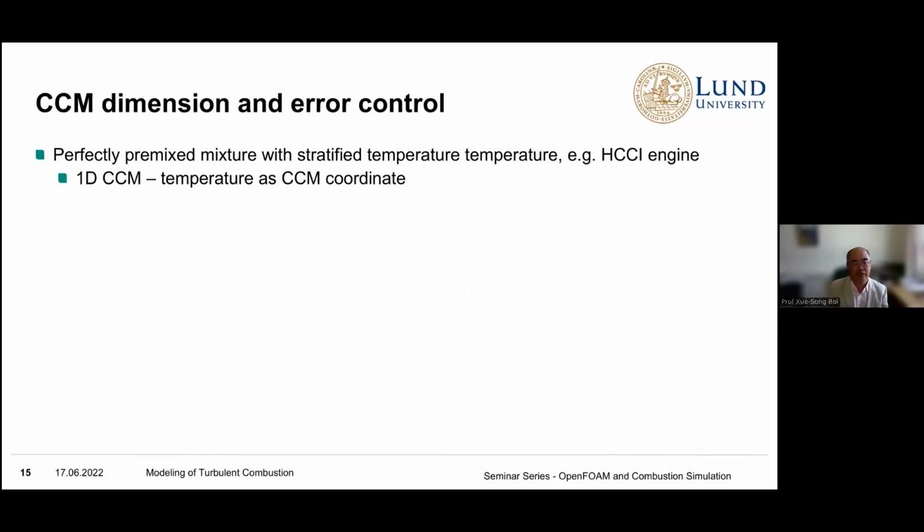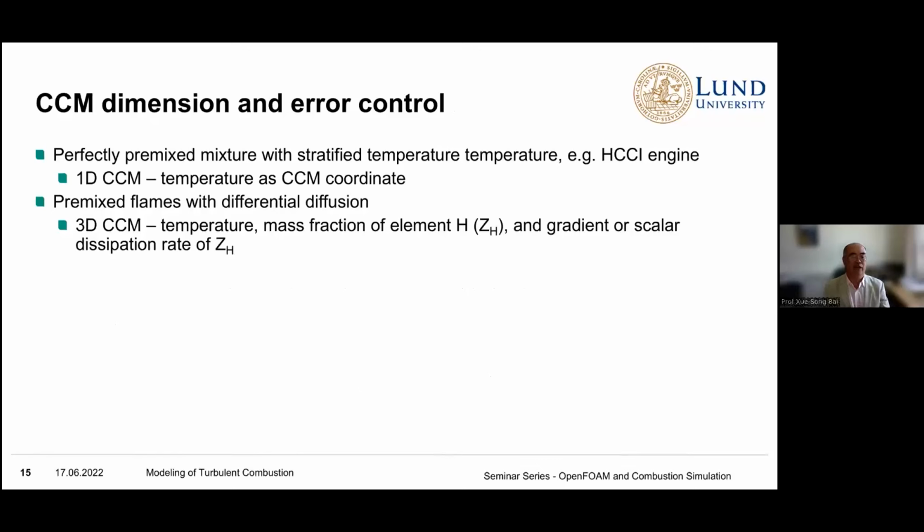So the question is, how do we decide the CCM coordinate dimension? And how do we control error? So CCM is not an automatic mathematical approach. It's actually based on our physical understanding of the flame. So we need to understand the flame behavior or ignition behavior to decide the CCM. Once it's done for a similar problem, one can really use the method in a very efficient way. For example,